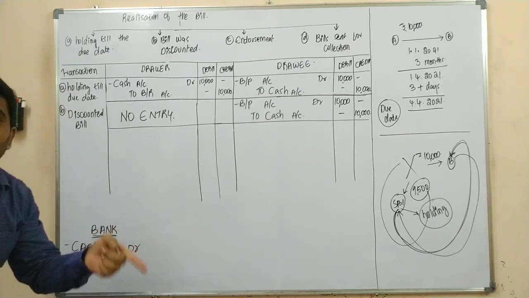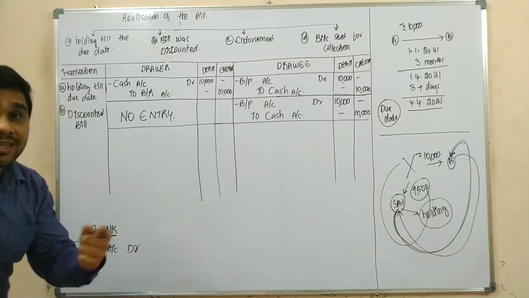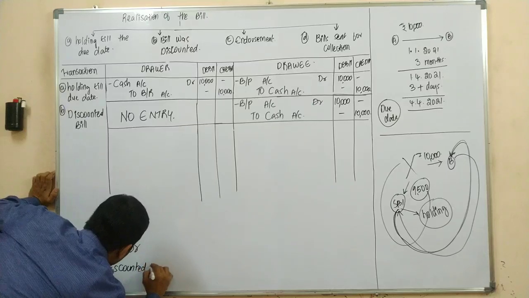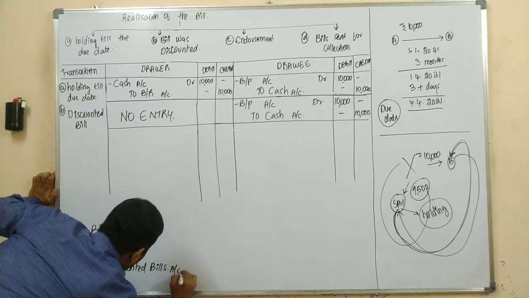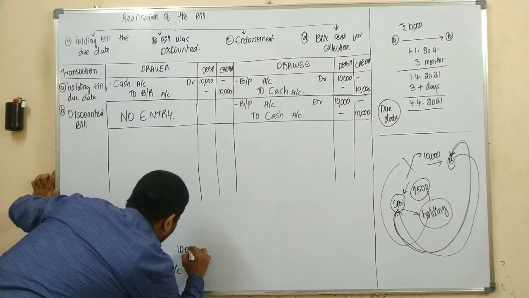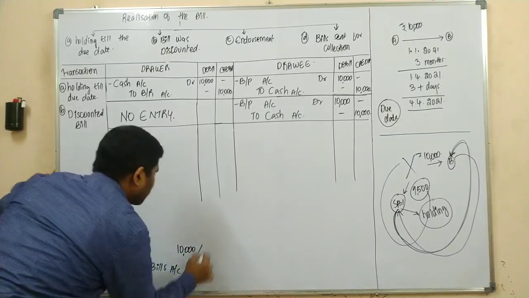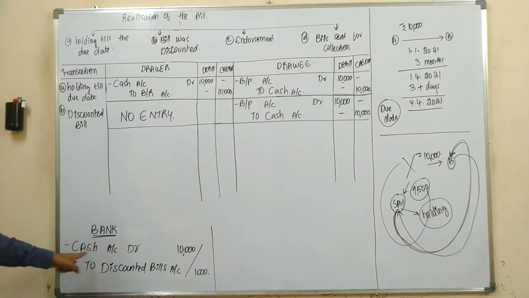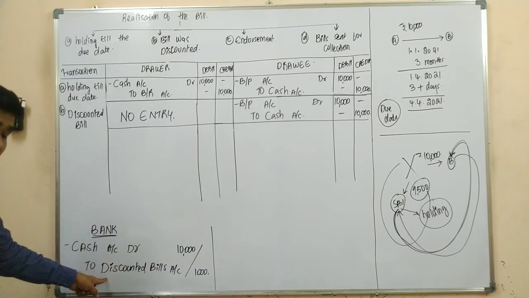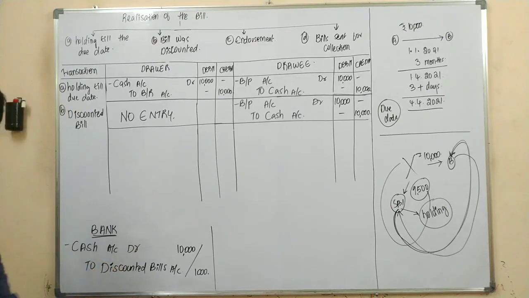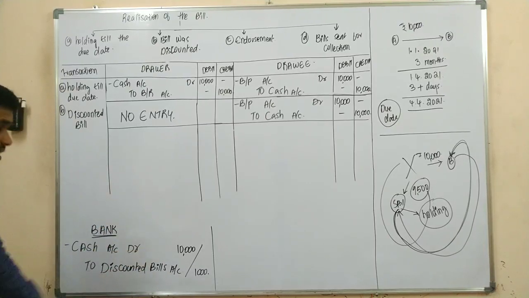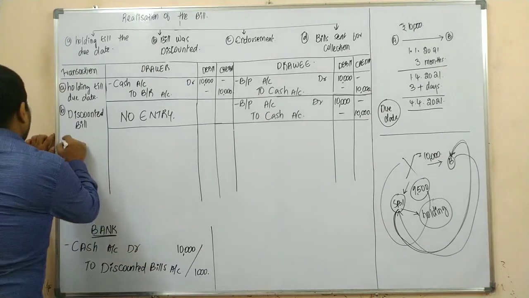to, instead of bills receivable, there is a special term that is nothing but discounted bills. Discounted bills, that is nothing but your 10,000 debit, 10,000 credit. Yes or no? So as the bank is receiving 10,000 rupees from Mr. A, cash is debited. So you are receiving this 10,000 in the name of your discounted bills, yes or no? So instead of bills receivable, you are recording it in a separate name, that is nothing but your discounted bills account. Next, continue.